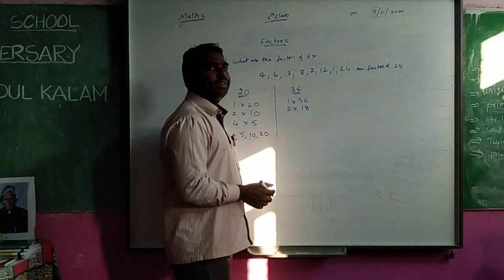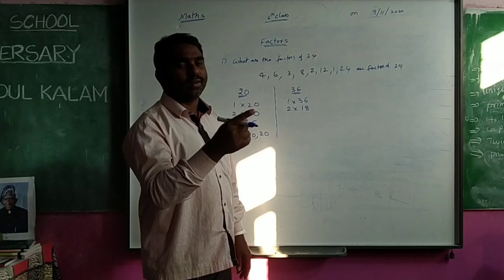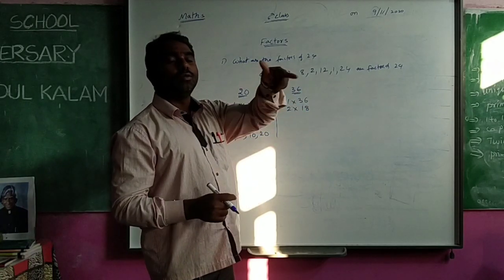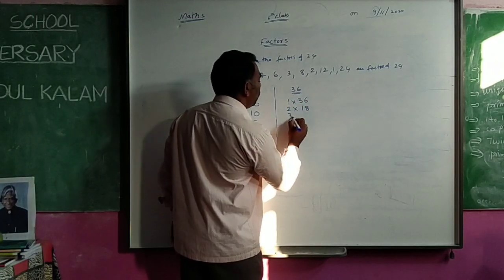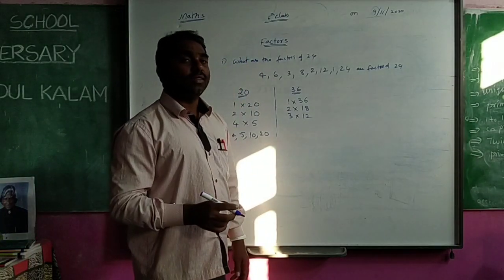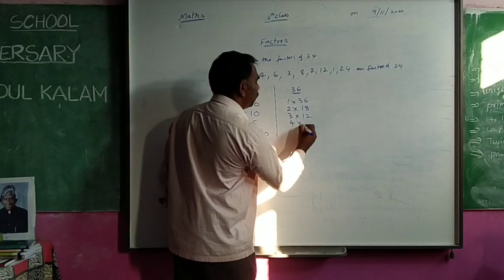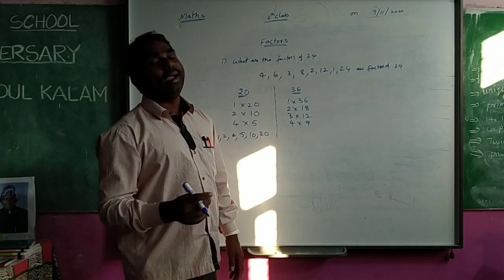Yes, it will come in the 3 table also. How do you check 3? Yesterday we checked that. The sum of the digits, adding 3 and 6, gives 9. So it comes in the 3 table also. How does it come in the 3 table? 3 12s are 36. After 3, the 4 table. In the 4 table also you can get 36. 4 9s are 36. After 4, the 5 table.